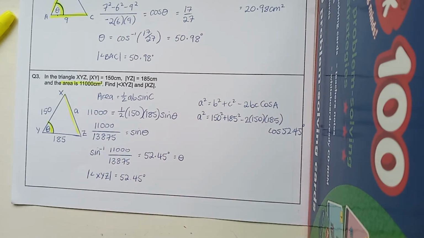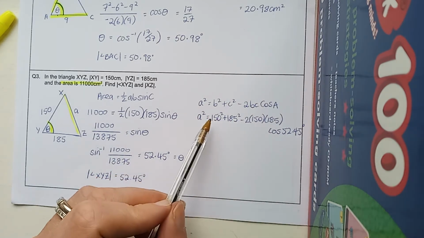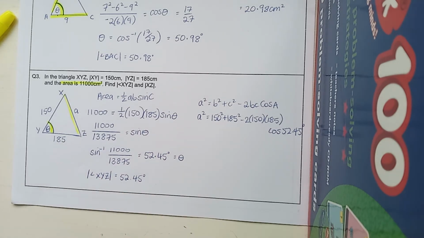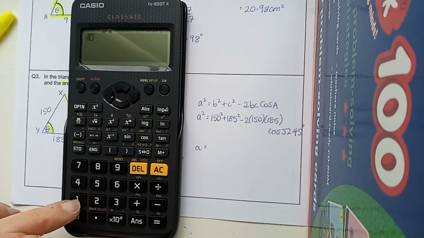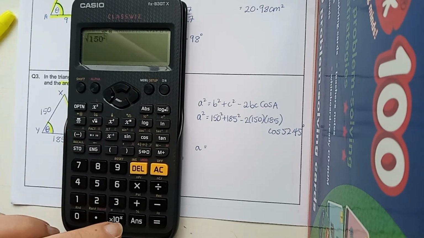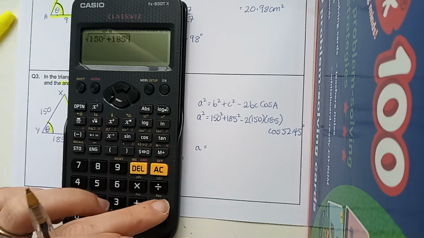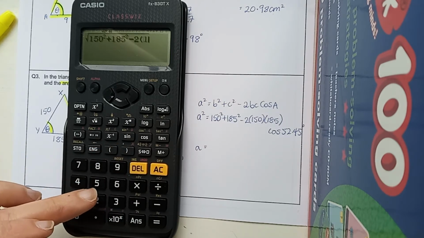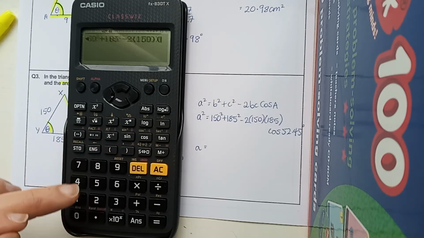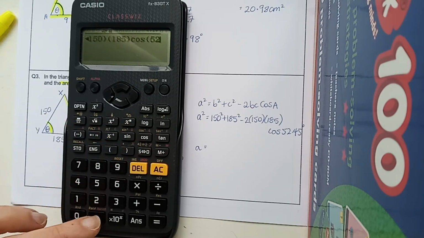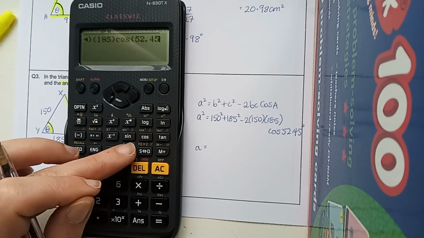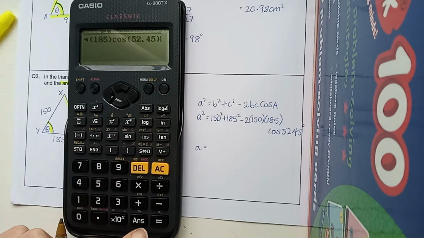I'm going to stick all that into the calculator and square root it, and you can actually do that all in one go. I'm just going to hit the square root button first and then type in exactly what I have in my calculation on the page. Just make sure to close your bracket at the end, particularly when there's a square root in play. I'm going to hit equals and I'm getting an answer of